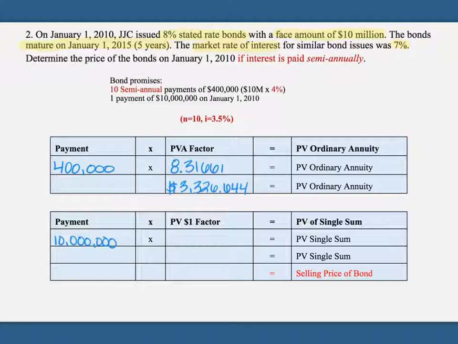So we will fill in that number, 0.70892, multiply that by 10 million, and we get $7,089,200. And just like last time, we're adding the present value of our one-time $10 million payment plus the present value of our total interest payments, and that's going to give us a grand total of